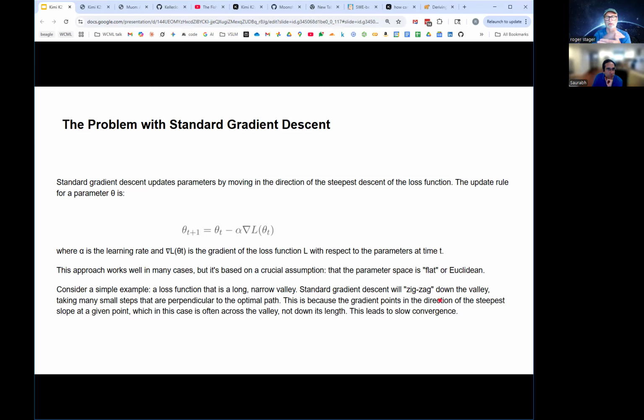And meanwhile, there's another dimension, which is downstream, and that's very flat. So the downhill doesn't point very strongly in the downstream direction. So it takes you a long time to get downstream. You just keep bouncing back and forth on the bottom of this valley. So that's the mental model that I have for the problem with gradient descent. Any questions on that?